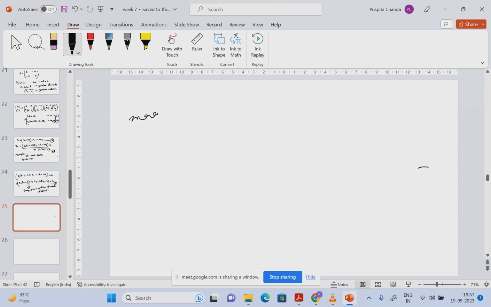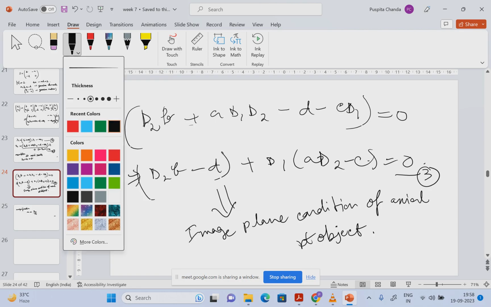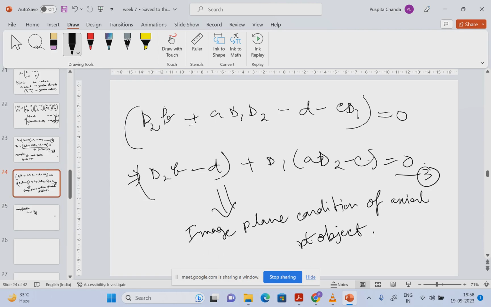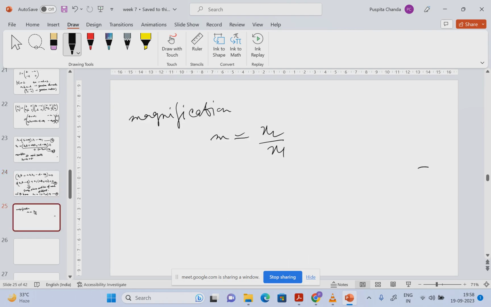And again, magnification is equal to x2 by x1. This point, so equation 2 becomes x2 is equal to c minus b2a x1. This is equation number 4. So it is c minus a b2. Okay. For an axial point,